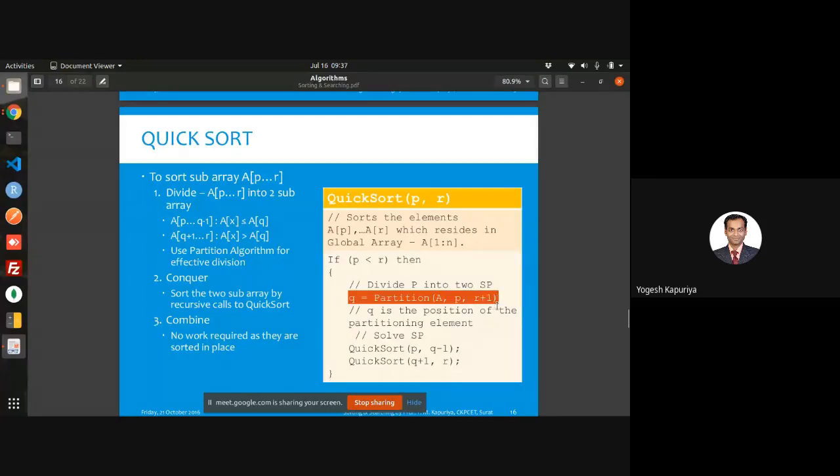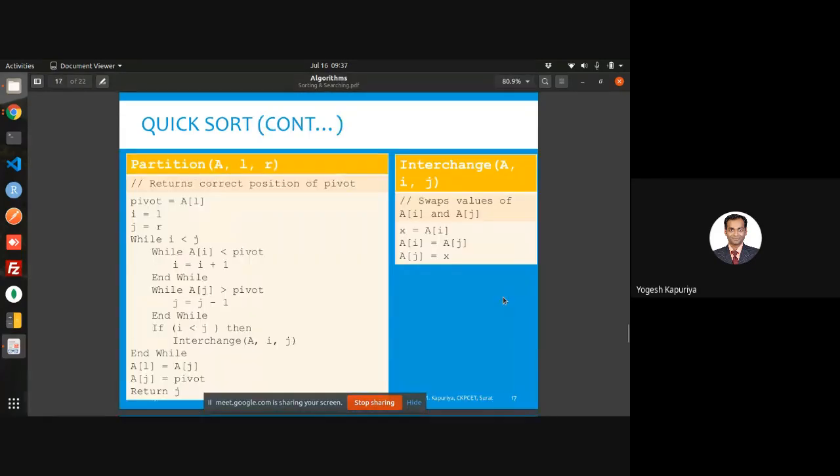The important thing to discuss over here is that we have a partition algorithm and we don't have a combine step. That means you are writing a partition algorithm in such a way that you don't require a combine operation. Let us quickly review this. We have already understood this in the previous session: you want to perform a partition on an array which has a left index and right index associated. That means you want to partition A between L to R.